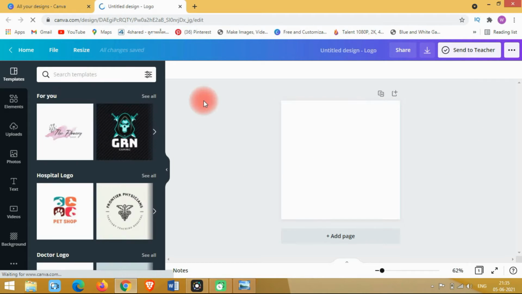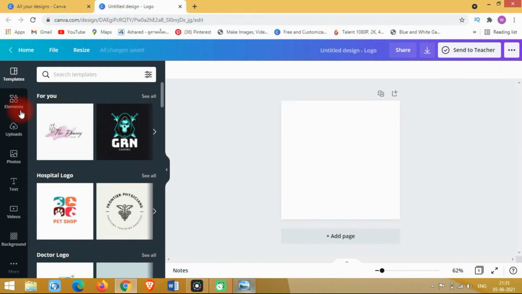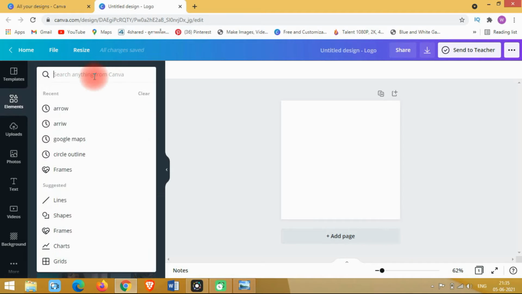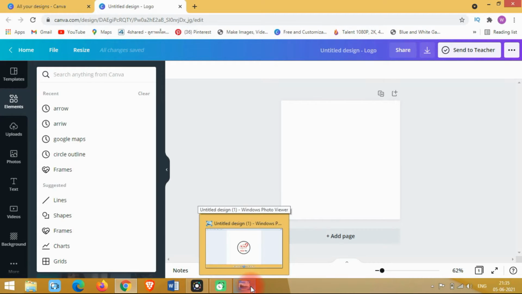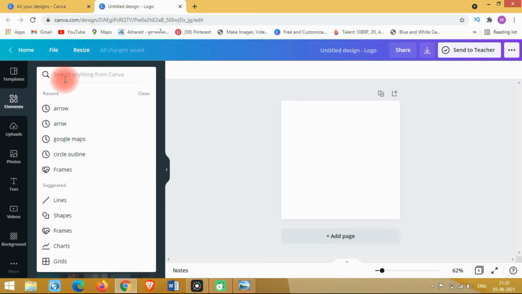Okay, here I will be showing this logo now. So here I have put this image. This image I can show you in elements. If you have not watched the elements video, you can go and watch. I have explained how to use this element picture. Just type here whatever you want to search. Whatever image you want, search by the type of icon or its name, and that icon or element will come up.